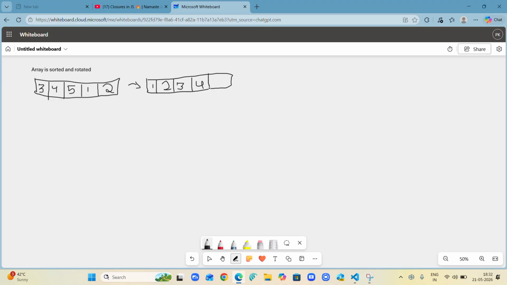What I am trying to show you is, don't you feel that if it is rotated from here, 1, 2 might be at this place and 3, 4, 5 might be behind it, and it has been rotated from the second index, meaning K equals 3, the array has been rotated.